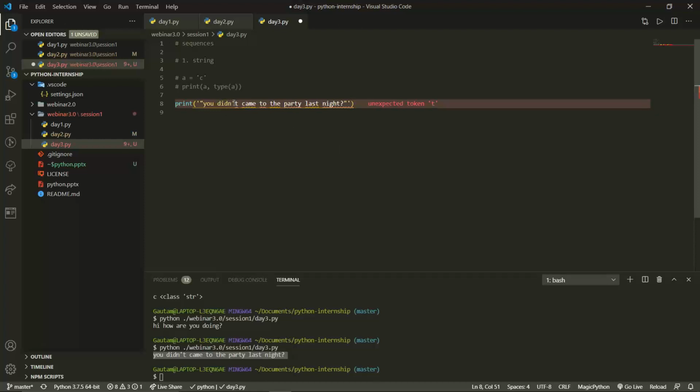This is taking this as the quotation mark over here. So we need to make a little more changes. Okay, I need to figure out how to do it.